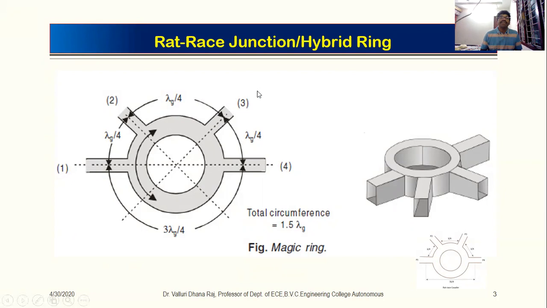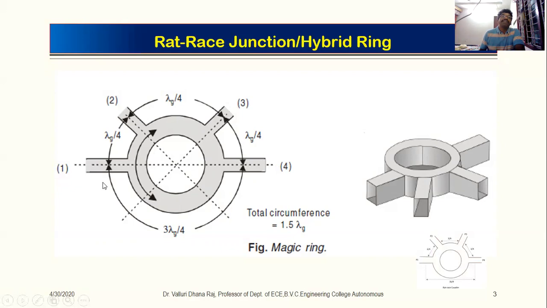On same lines, when I give excitation at port 3, it will be equally divided amongst port 2 and port 4, but there is no output across port 1. Means it is a reciprocal device. The operation is very similar even if I interchange the input and outputs. What I mean to say is if I am giving input at port 3, no output will be appearing across port 1. As we have seen, when port 1 is excited, there is no output across port 3 because of the phase difference. On same lines, when I am giving excitation at port 4, it is going to appear across port 3 and port 1, but not across port 2.